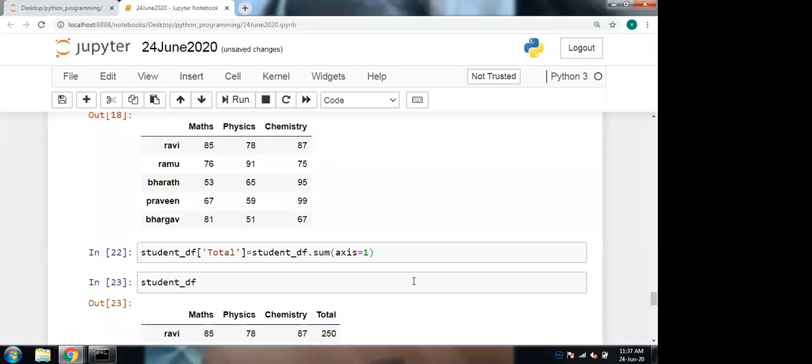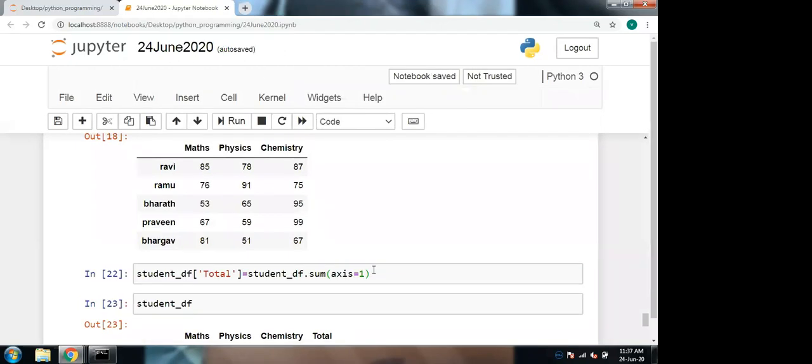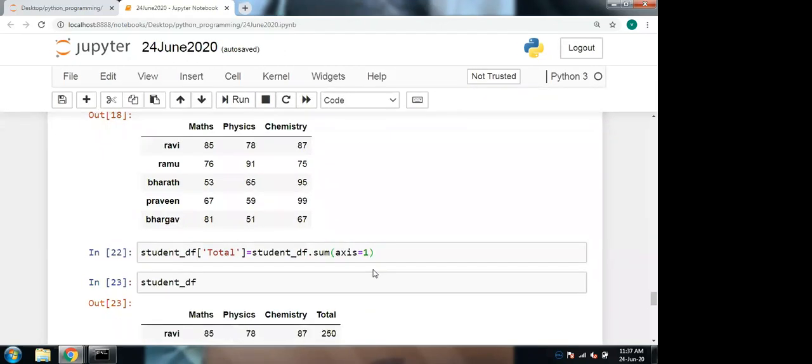So here we used axis equal to 1 because I need to sum the row based values. For every row, I should get a sum. That is why I use axis equal to 1. If axis equal to 0, we will get a column sum, so we will get every column sum.